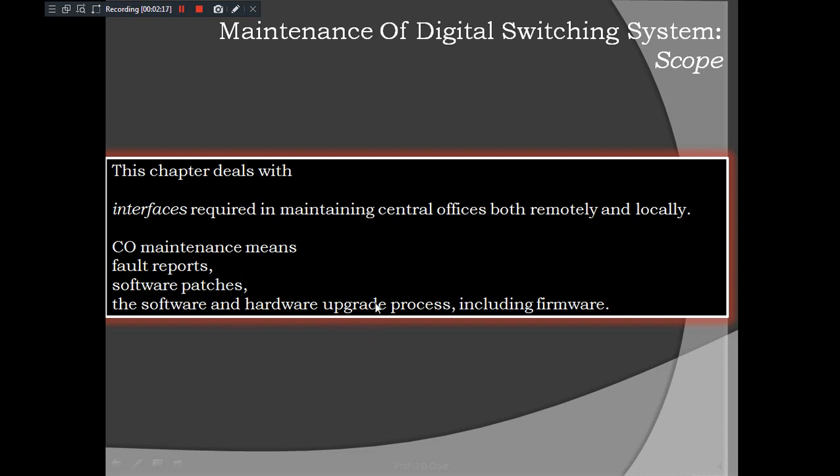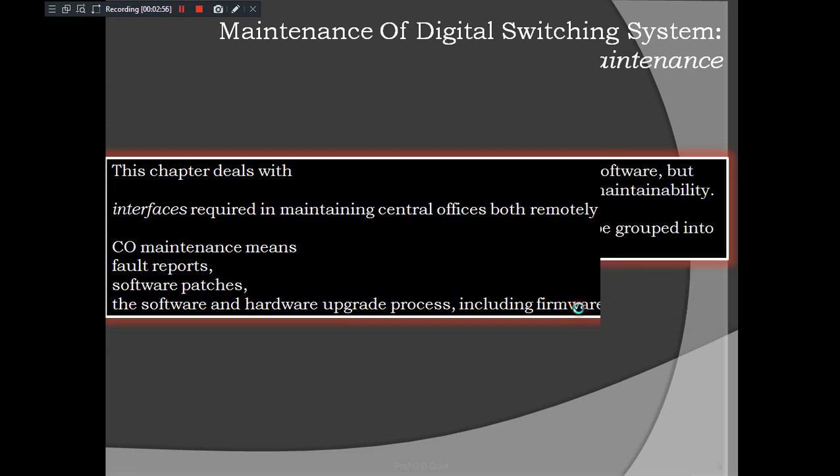Along with that, the software and hardware upgrade process: when it was upgraded, how many times it was upgraded, for what purpose and for what reason it was upgraded. All details will be there, including the firmware. Whenever we are talking about interfaces, the firmware plays an important role, because it enables the hardware to work with our whole system. Software and hardware interfacing can be done with the help of the firmware. A good example is the driver software, which plays an important role in interfacing the things here. So let us see one by one.